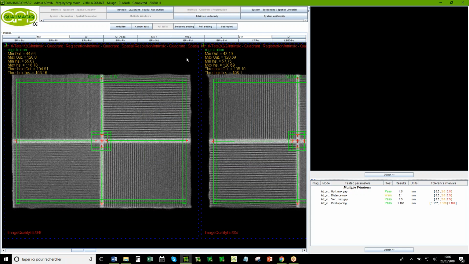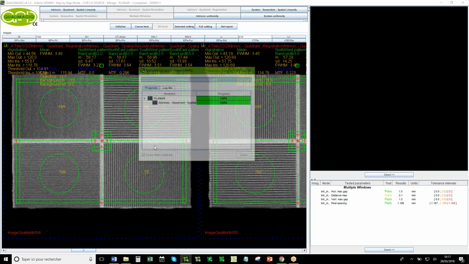And before doing the test, because you are not sure that the pattern is really aligned on the camera, we detect where the pattern is in the image. So the first test was the registration of the mask for measurement in the image. And after you can start the test. So you can start the spatial resolution.